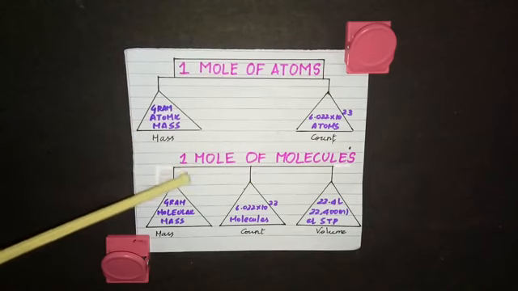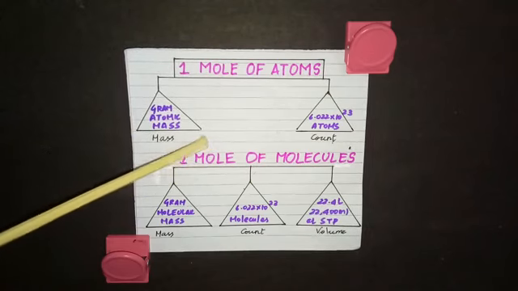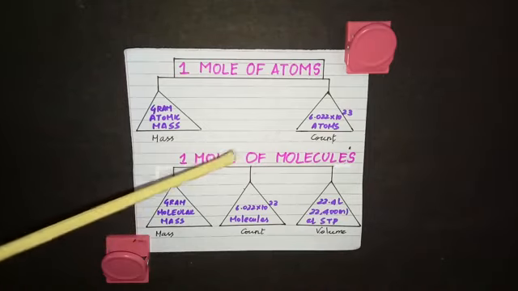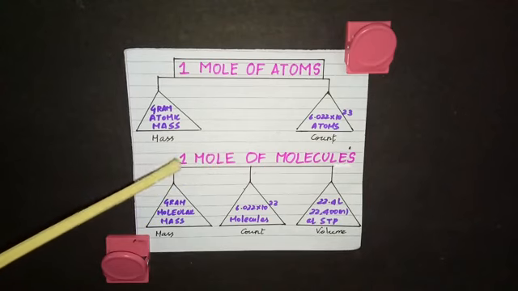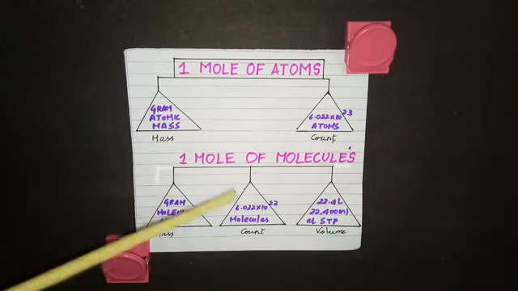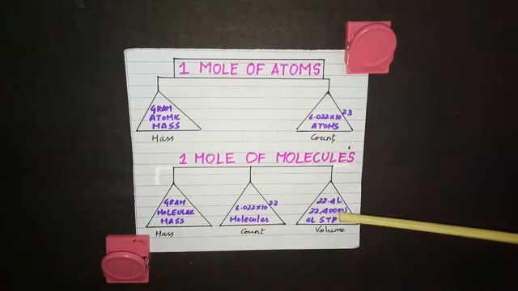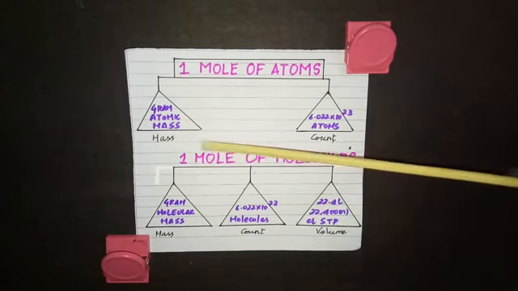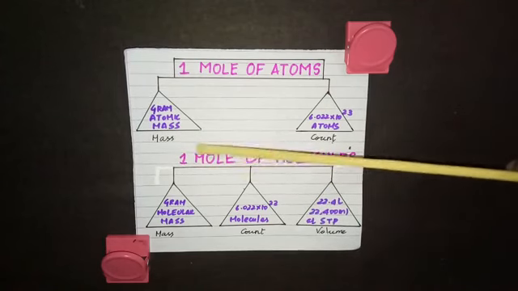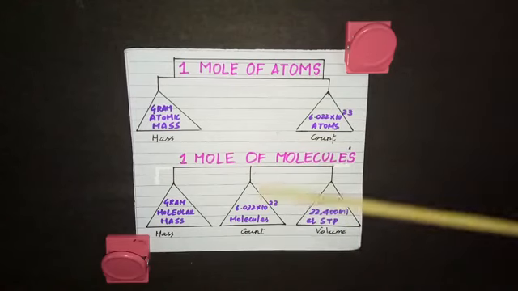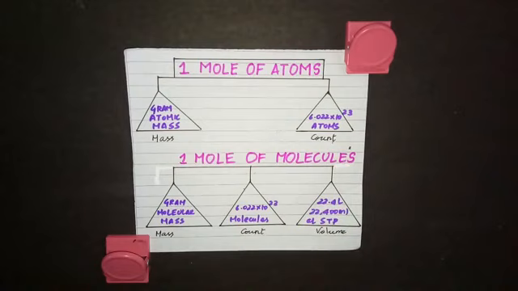Suppose you are taking 1 mole of molecules, what will be the mass of that 1 mole of molecule? That will be equal to the gram molecular mass. No matter what molecule you are taking, if you are taking 1 mole of that molecule, the mass will be equal to its molecular mass. And the count, how many molecules will be there? 6.022 into 10 to the power 23 molecules will be there. In the case of gases, it will have a volume of 22.4 liters. What will have the volume of 22.4 liters? 1 mole of the molecule will occupy 22.4 liters. So if you know this relationship, then you can do the calculations easily. Now we will see a few more examples and apply this knowledge to that.